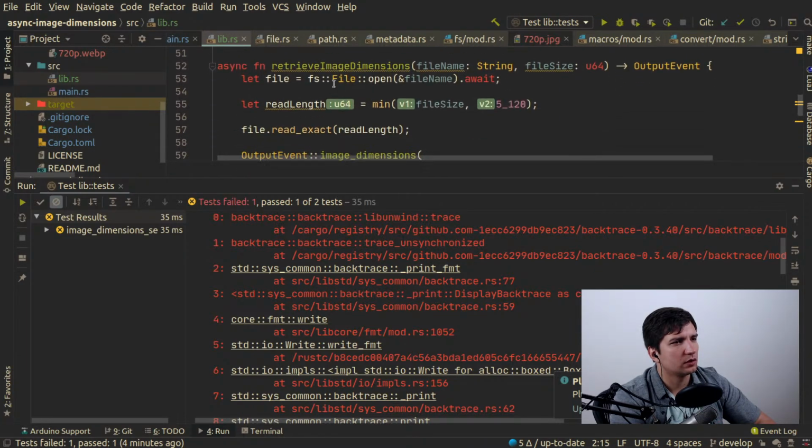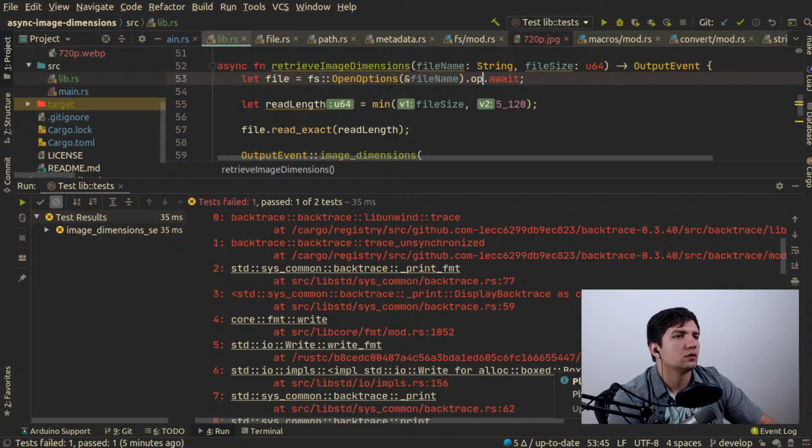So it should be fs open options. Oh yeah, it's different. Okay, open options,